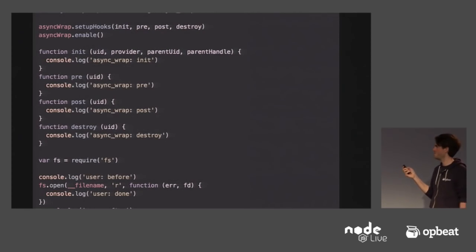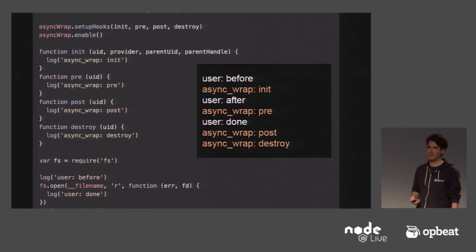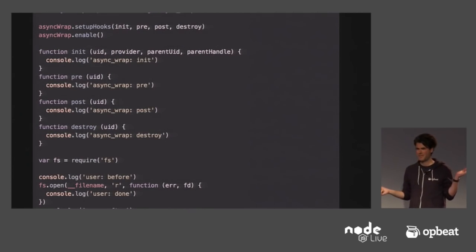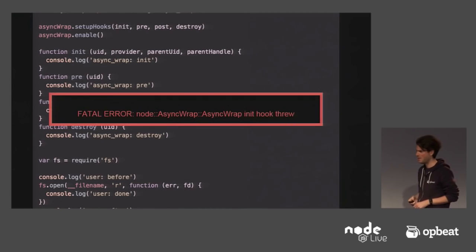How come I just wrote log and not console.log? In the past slide, I wrote just log. What is this magic log thing? What happens if I just use console.log? Normally you don't log stuff here, but it's nice when you're debugging, especially this stuff, because it can get a little hairy. So what would happen if I wrote console.log? I get this nice error message: Fatal error, node AsyncWrap init hook threw. What does that mean? Well,